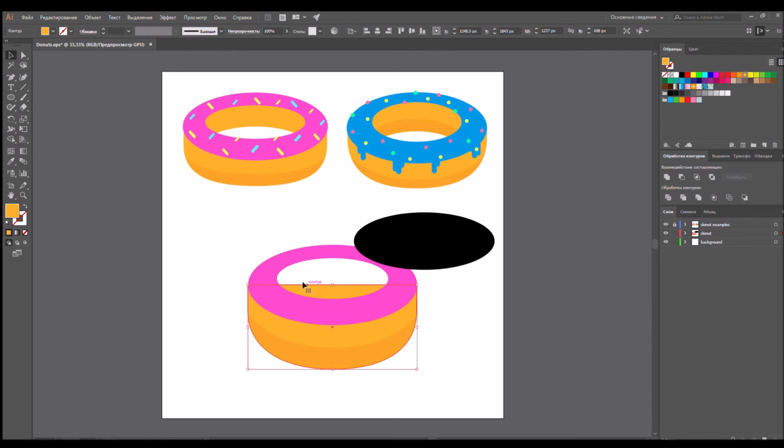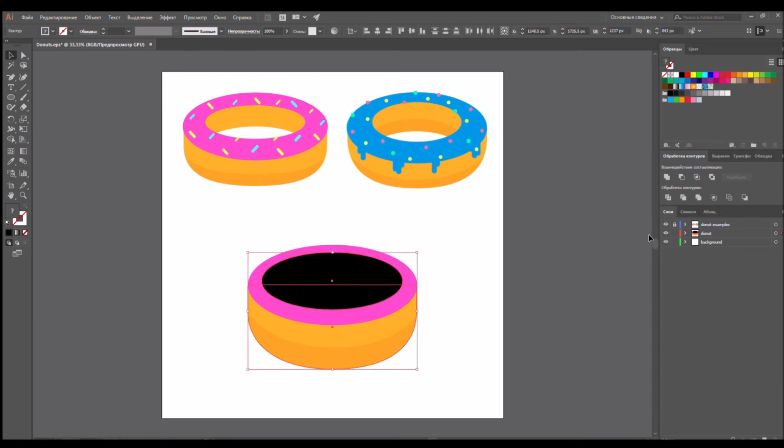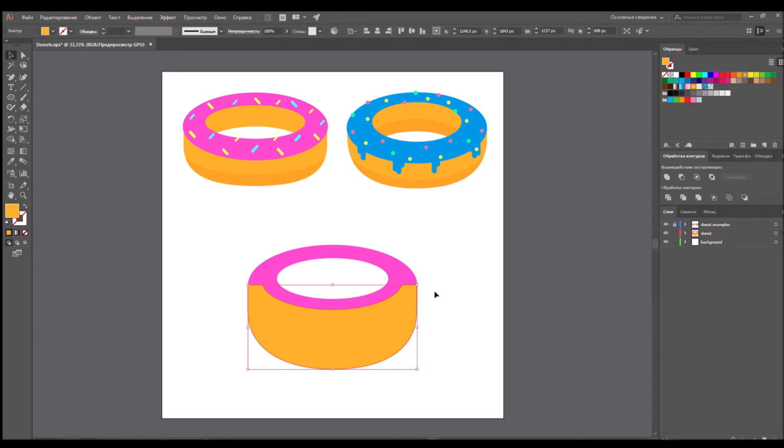We want to get rid of this yellow part, so let's do it. Go to our Pathfinder panel and also click on minus front. And after that we go to layer panel and put our yellow bottom part on the bottom. Okay,